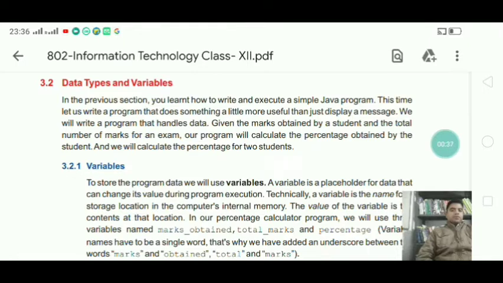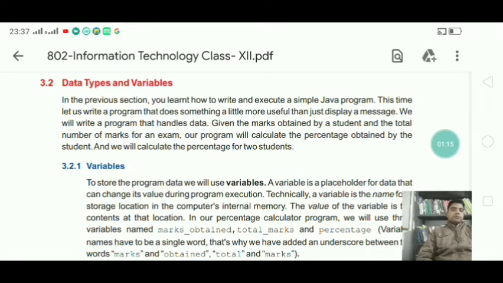So the first question is, what is variable? Variable means it is the name of a memory location. Variable is a named memory location. During execution of our program, we need to store our required data.